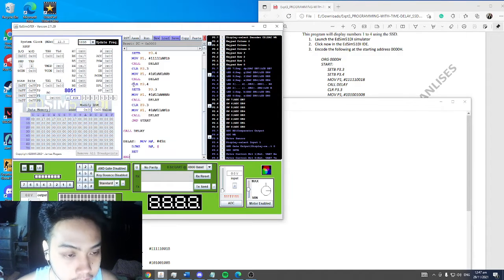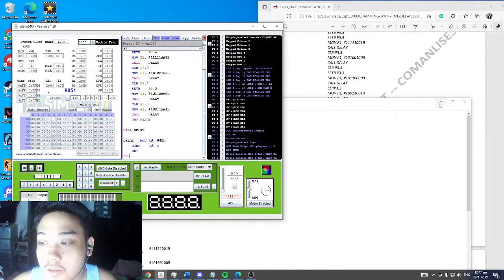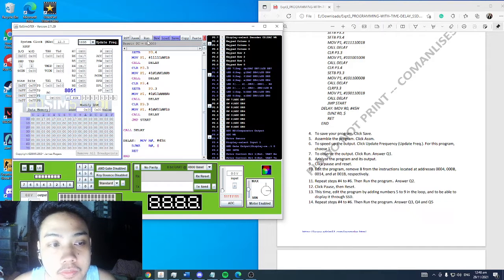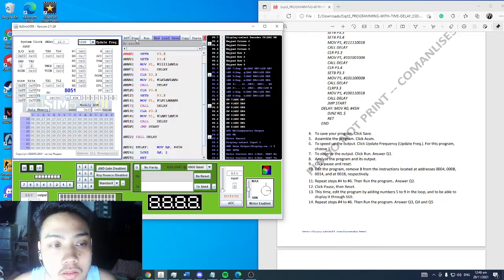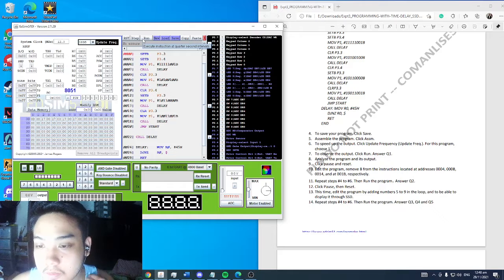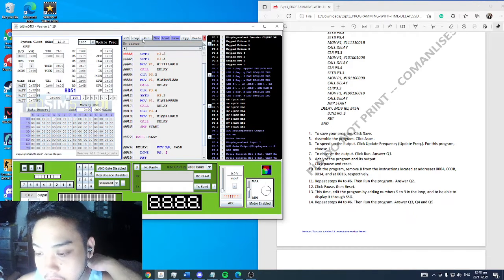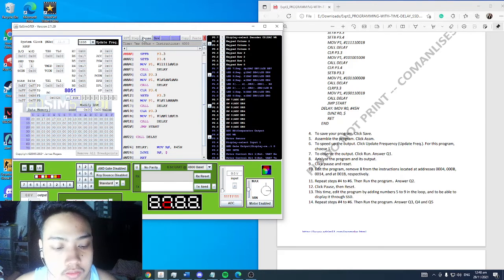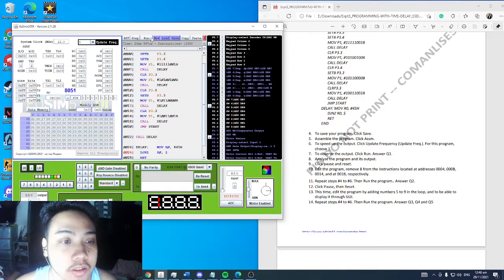So there. So after that, we will be assembling the program, and after assembling the program, we will be running it and look at the results. Okay, let us set this to 1 first. There, and as you can see here in our 7-segment display,